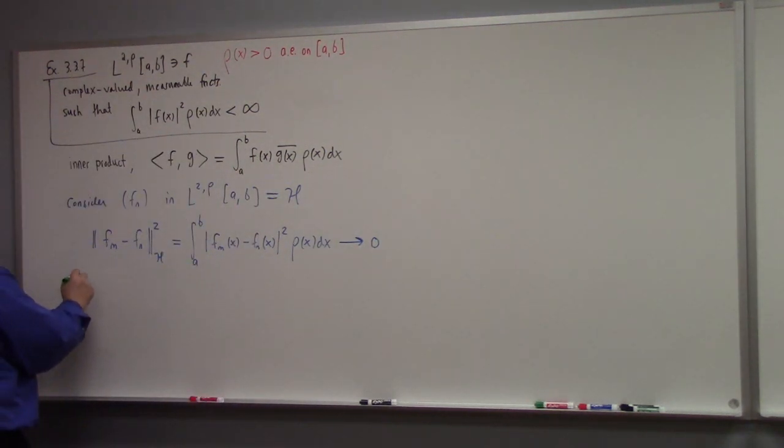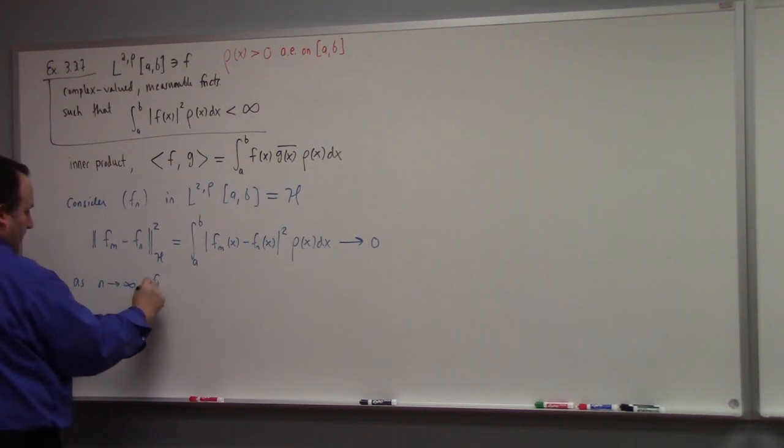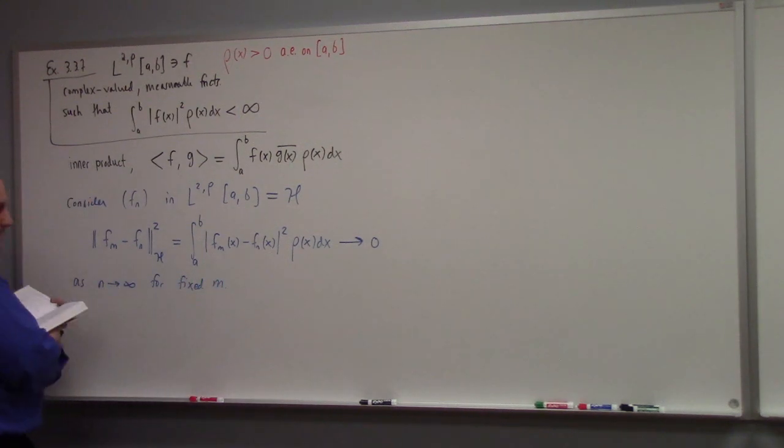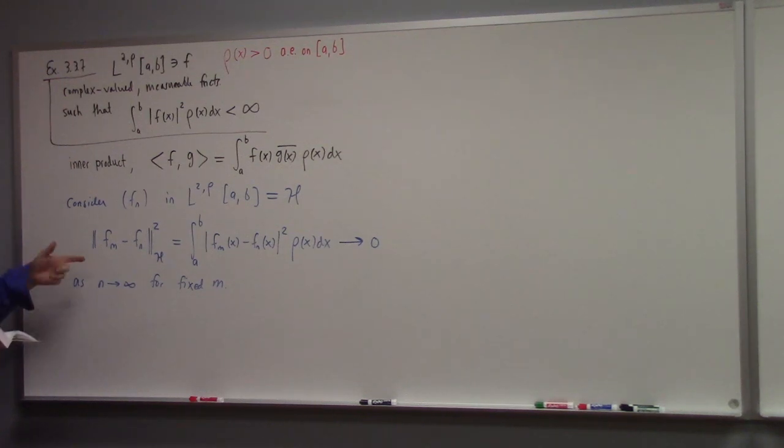As n goes to infinity, right? For fixed m, yeah? This is one way of characterizing the Cauchy condition: you could fix one of the indices and limit the other one to infinity, and then that has to go to 0. Okay, so what he says is, define